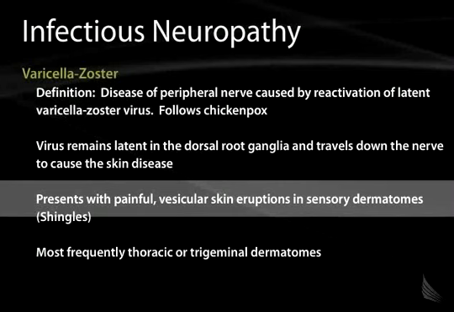That is, it will only occur in an area innervated by the single nerve. Once that occurs, the patient then can develop what's commonly referred to as shingles. And a sequelae of shingles is post-herpetic neuralgia.